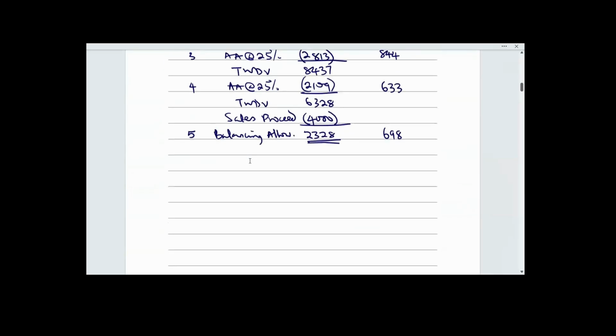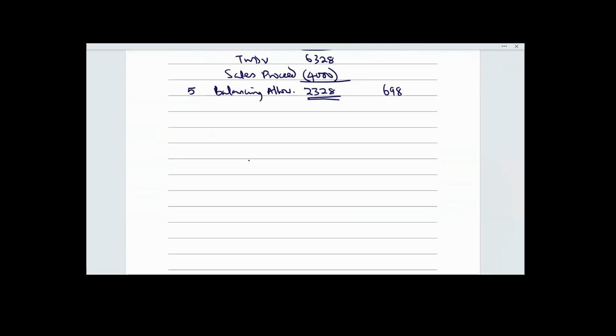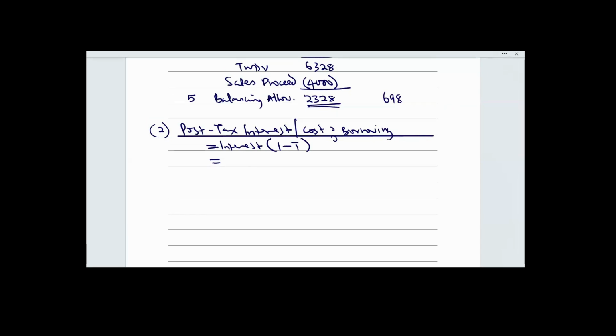So, working number 2, post-tax interest, or cost of borrowing. To do this, you know that post-tax interest is always interest multiplied by 1 minus tax. So according to the question, we are told that